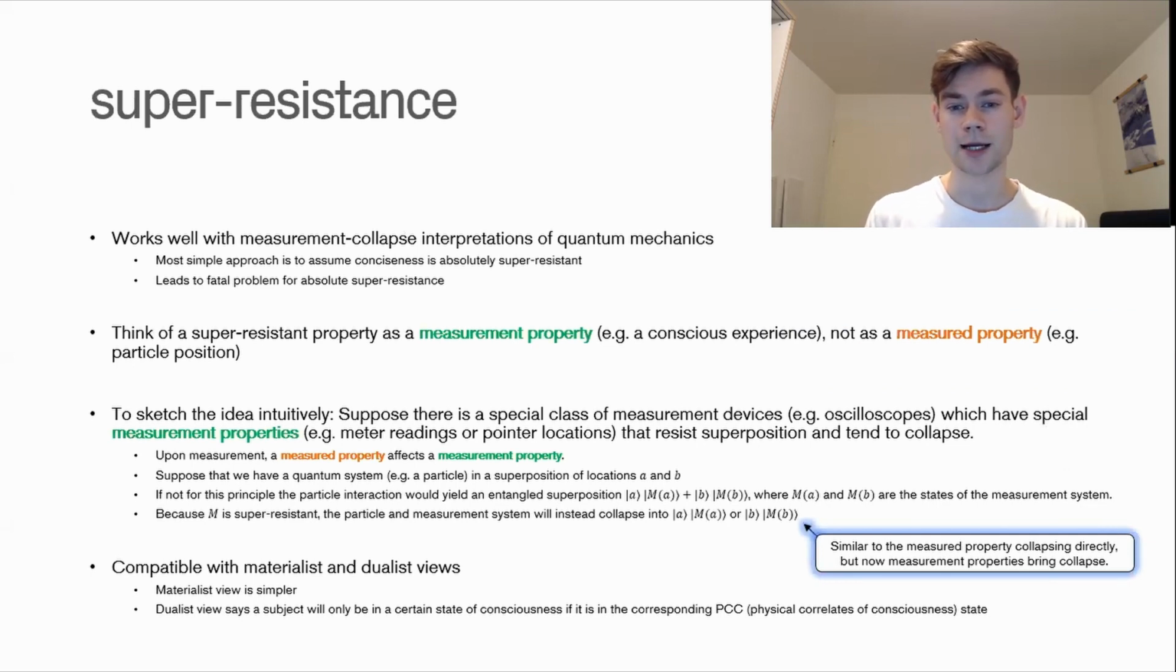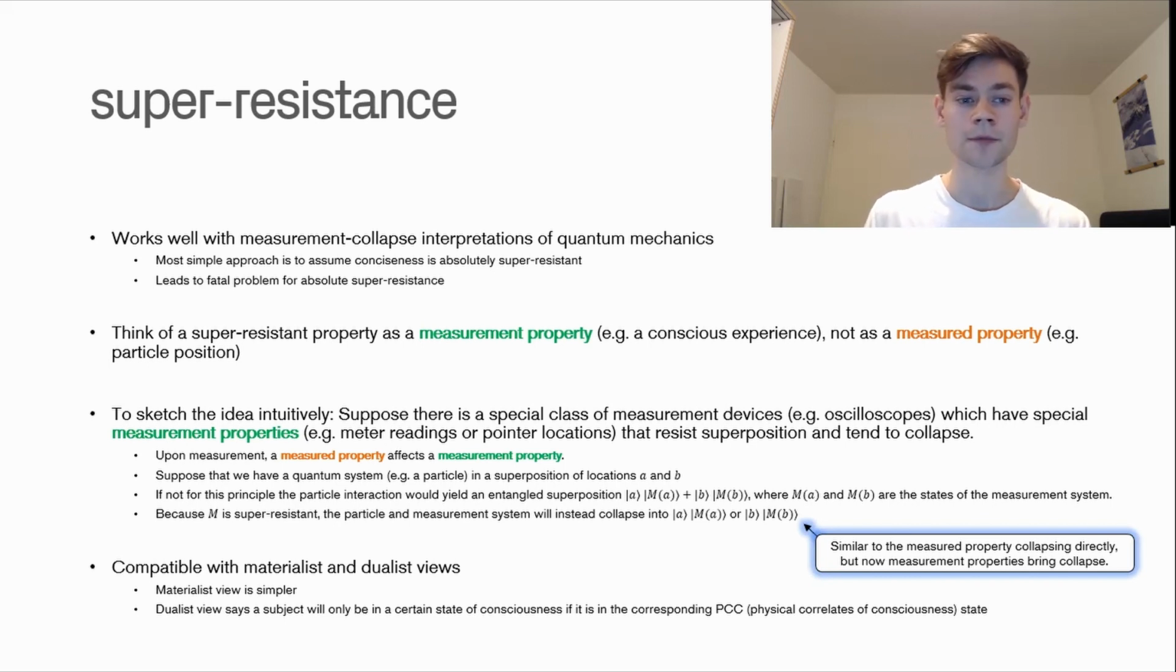It works well with the measurement collapse interpretations of quantum mechanics, as we said before, and the most simple approach would be to assume that consciousness is absolutely super resistant. So whenever consciousness interacts with the system, that would cause it to collapse and fall into one of the measurable observable states, let's say. And that seems good and all, but it leads to one fatal problem for absolute super resistance. And that has to do with things changing their state. So we're going to get to that in just a second, but just for now, this would be sort of the preferred approach, but here's where they're actually experiencing a